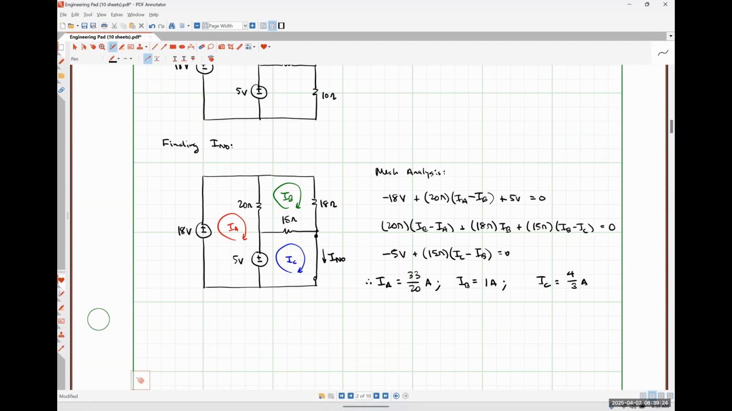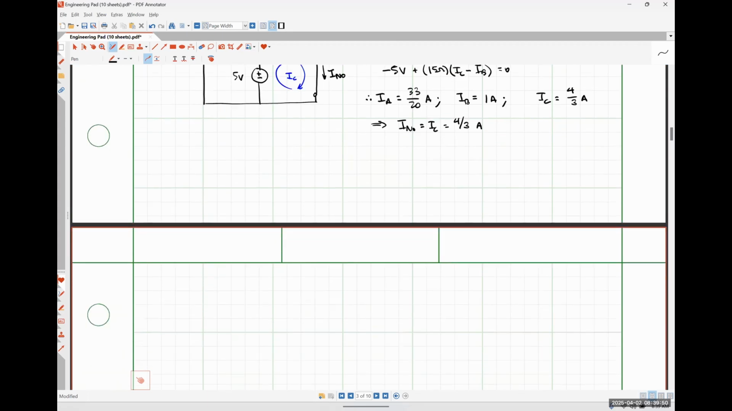But what would my Norton current be here now that I know these 3 mesh currents? So the same thing as IC. So 4/3 amps. So I Norton in this case is IC, 4/3 of an amp. Since we already found the Norton resistance, because again, it's the same thing as the Thevenin resistance, I can say